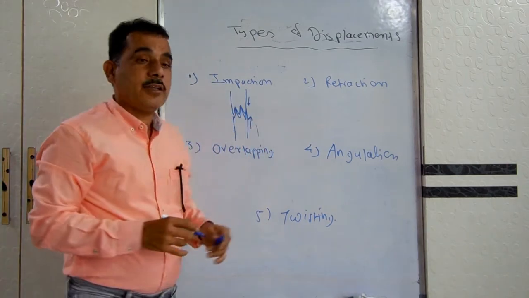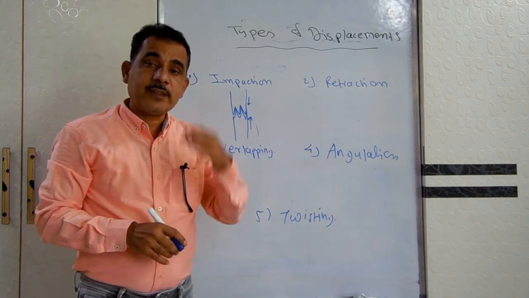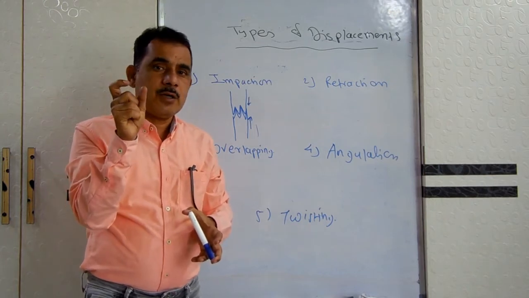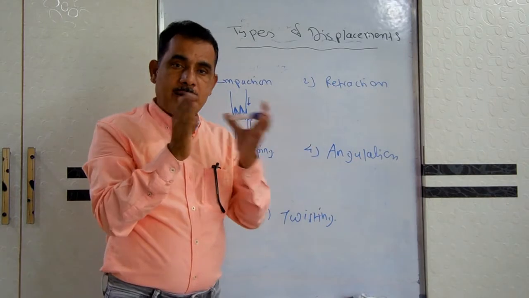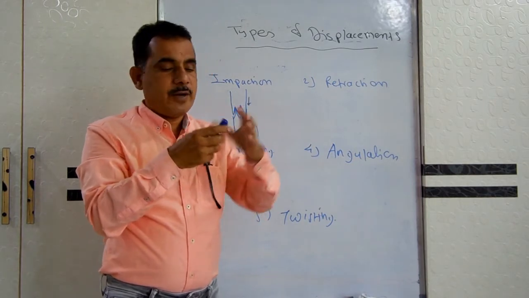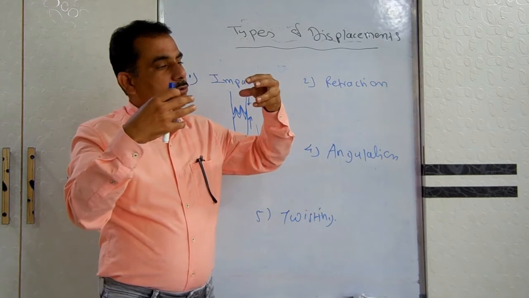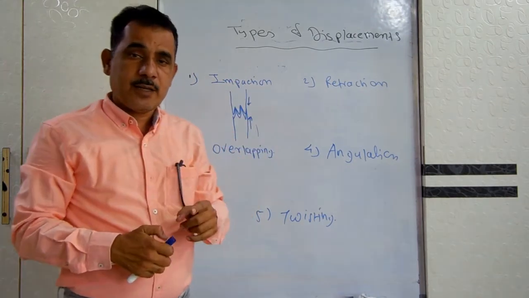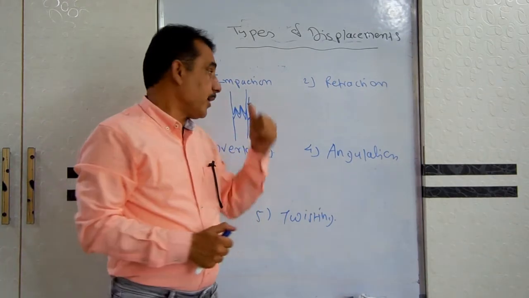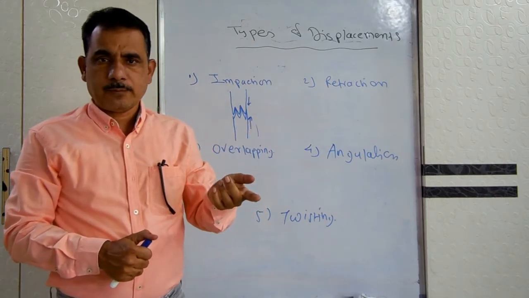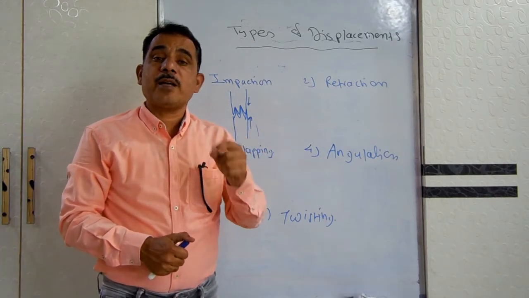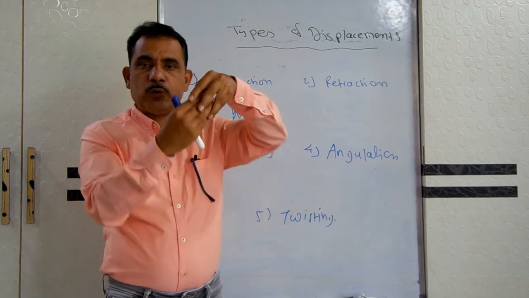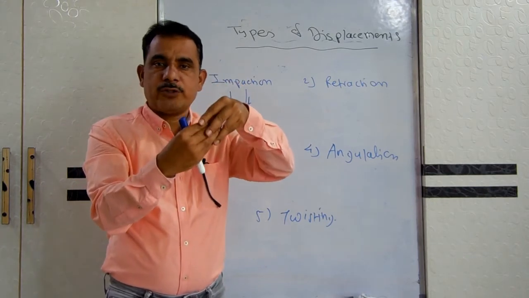So how to identify impaction clinically? When examined clinically, there is shortening of the part. Whatever deformity is there, shortening of the part will occur after the impaction, because one end goes into the other, which decreases the length. The second feature is that even after the fracture, in case of impaction, free movements are possible, or movements are painless, because it acts as a hinge after the impaction, and the patient can move the part.